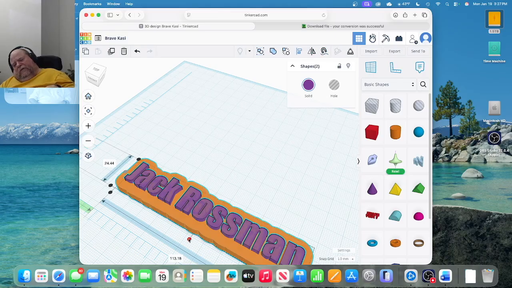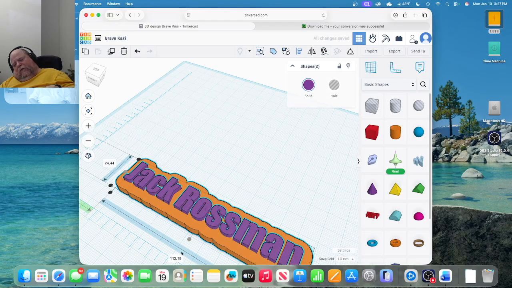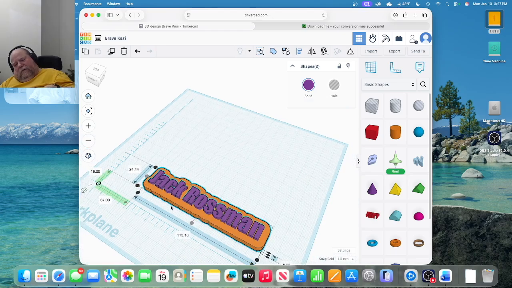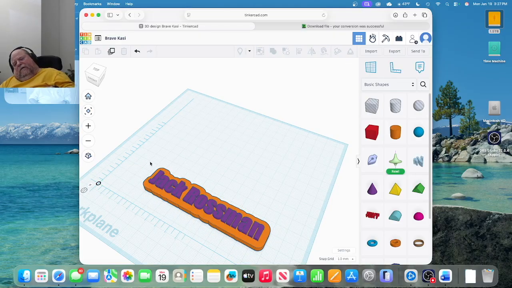You'll see I'm going to do the same thing: horizontal, center, and if I can find the vertical center. There it is. It's already vertically centered. So now, like I said, you could group these to make them permanent right now, but